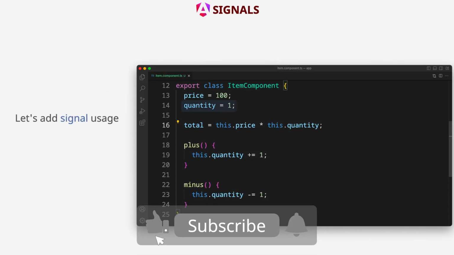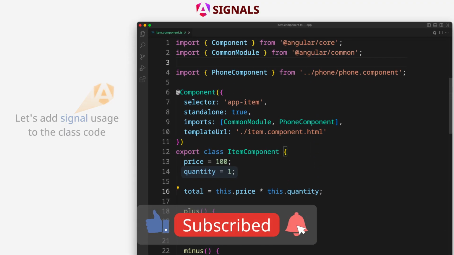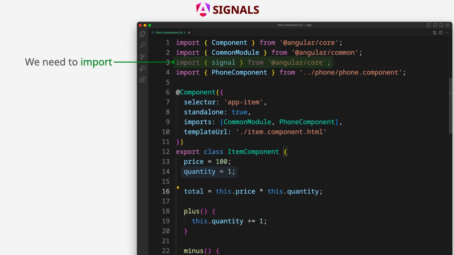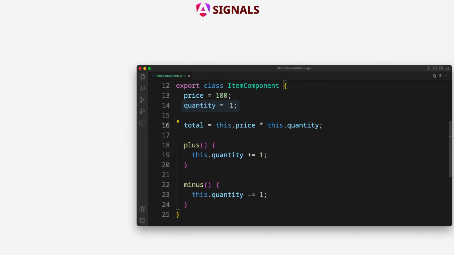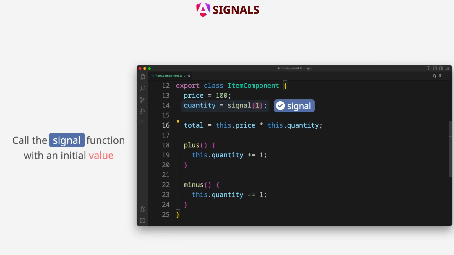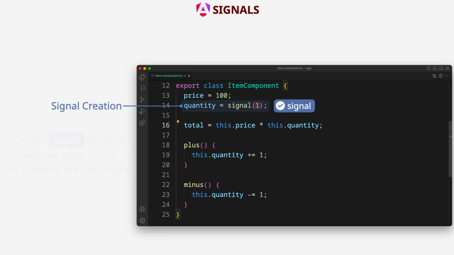Let's add signal usage to the class code. We need to import the signal function into the component. First, call the signal function with an initial value for creating the new signal.